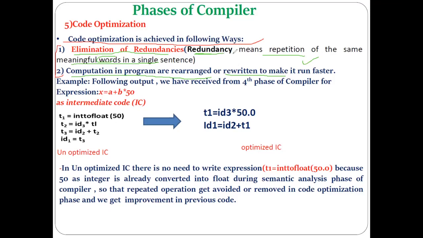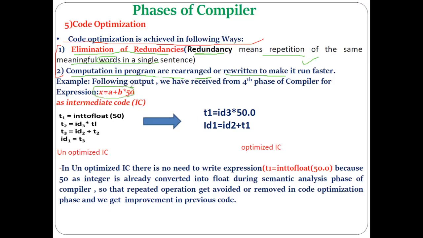Now we are going to apply code optimization on the intermediate code. So in the intermediate code, you have to see: is there any redundancy, is there some code present which is considered repeated or redundant code? Also, you have to see whether you can make some changes in that intermediate code so that your program can run faster. Understood. So this has to be observed in your intermediate code, and then the code optimization has to be performed. Okay, now in each phase we have discussed this example.